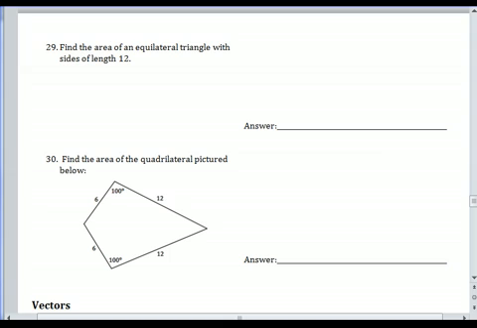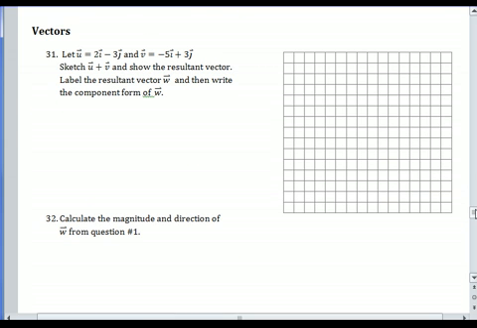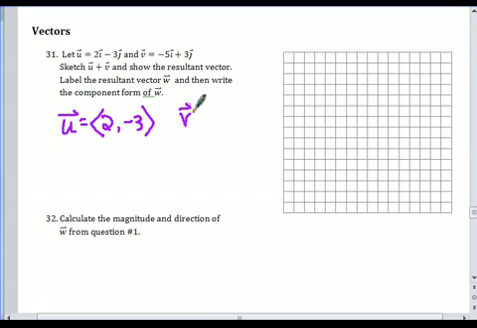Let's move on to vectors. In our first question here, let vector u equal 2i minus 3j, let vector v equal negative 5i plus 3j. Show u plus v and show the resultant vector, and then write the component form of the resultant vector w. Now remember, this is given in ij form. We can rewrite these vectors